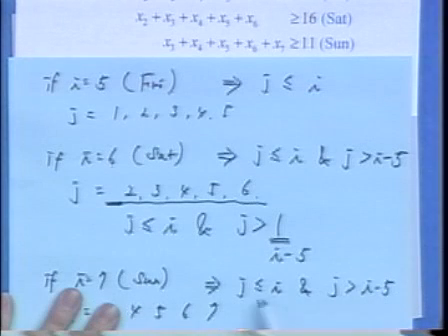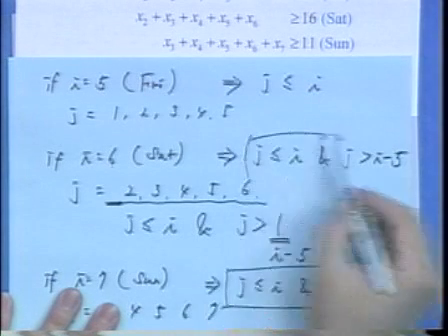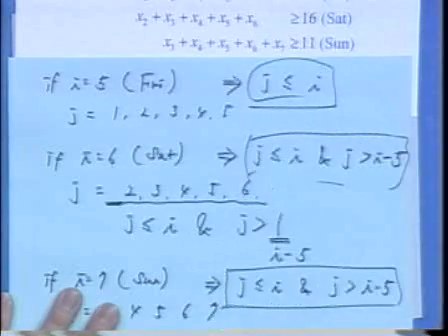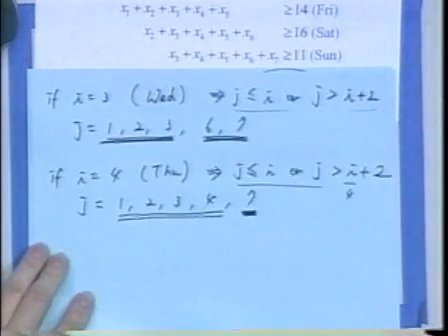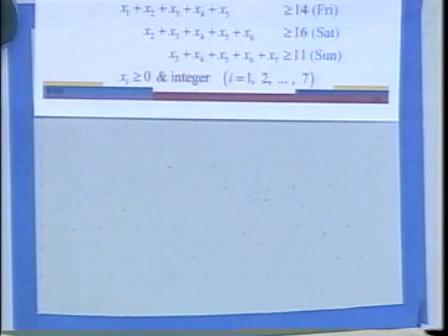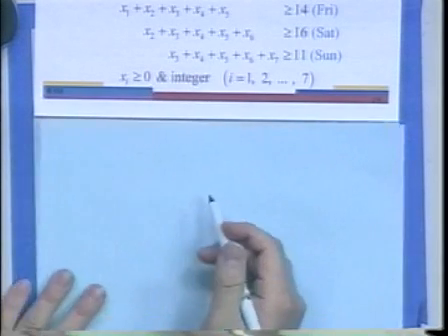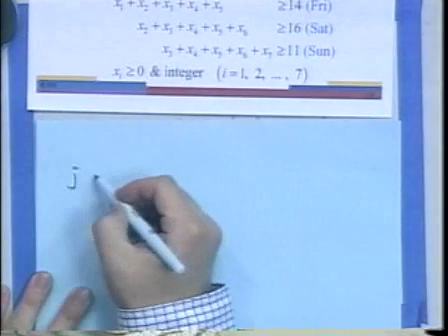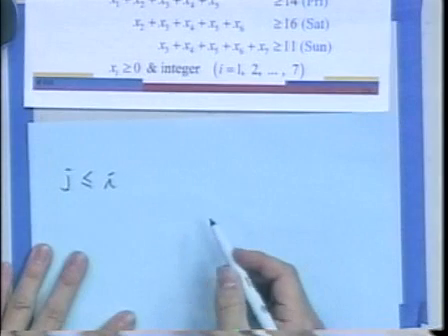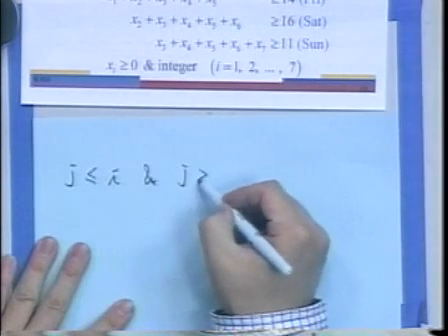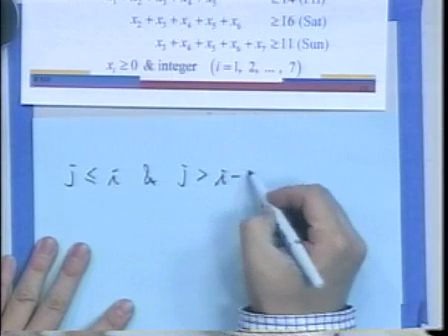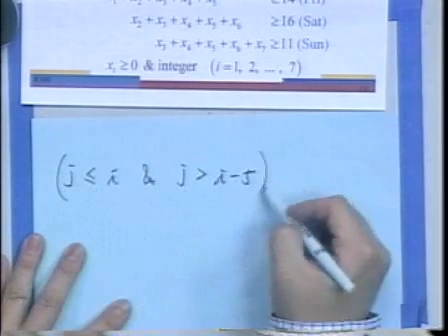So if you combine all of these constraints for each value of I from 1 to 7, then it's going to be j is less than or equal to I, and j is greater than I minus 5. Okay? Or,